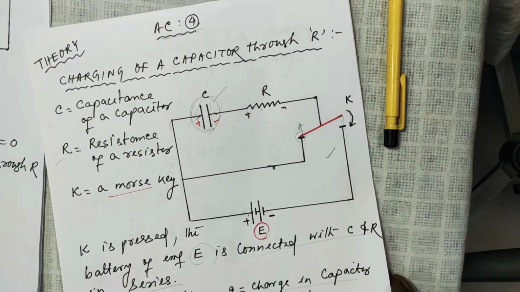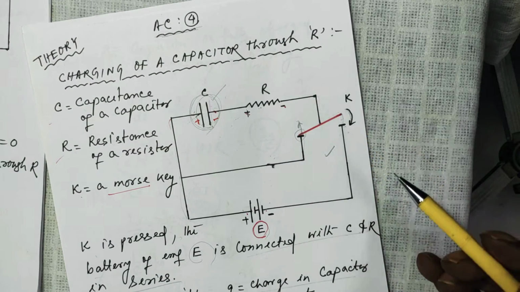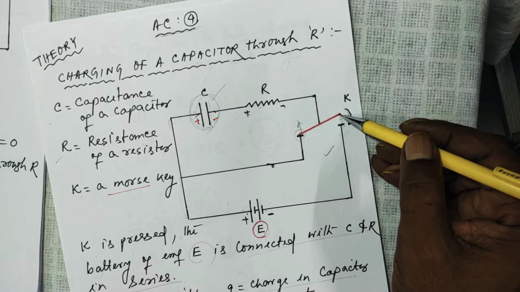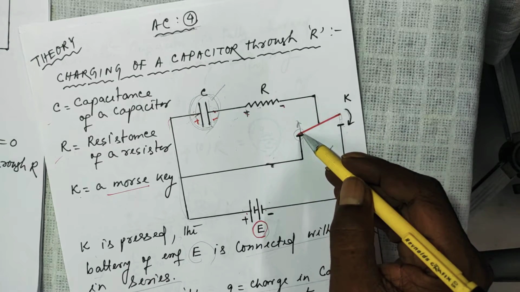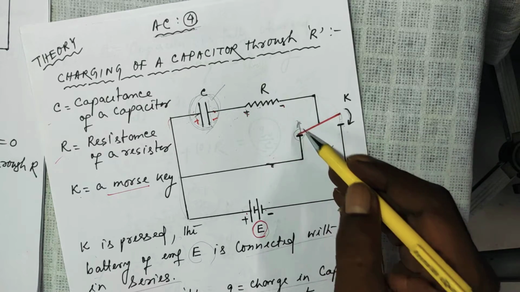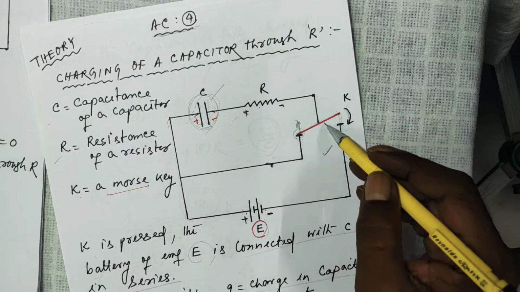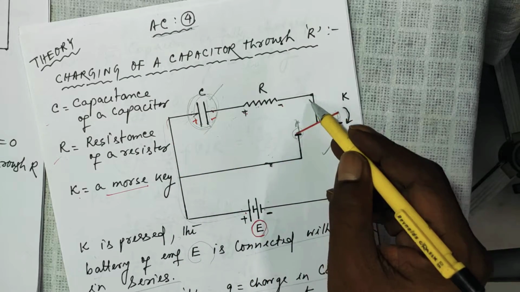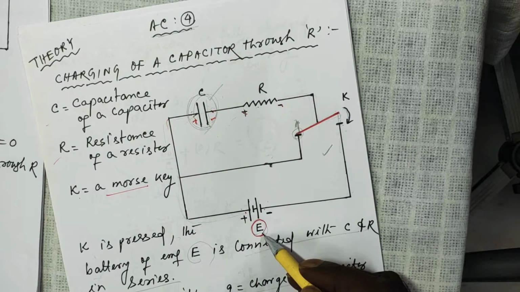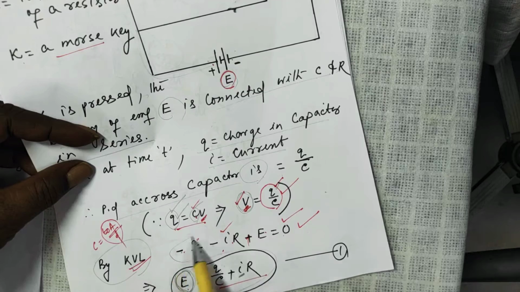Alternating current lesson 4 में जो कि था ये था, there was a capacitor, there was a resistor, this was a Morse key. When this key was pressed, this point comes in contact with this point, and this part of this key, red key, moves up. So this moves up means it loses contact from this black point. So when this was pushed, this circuit was complete, and the EMF was in the circuit, and the equation we had derived like this.